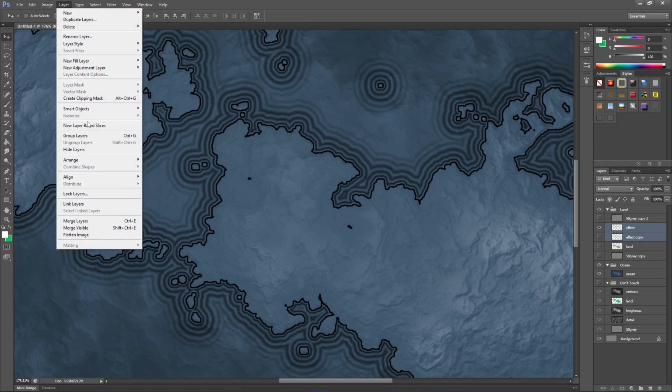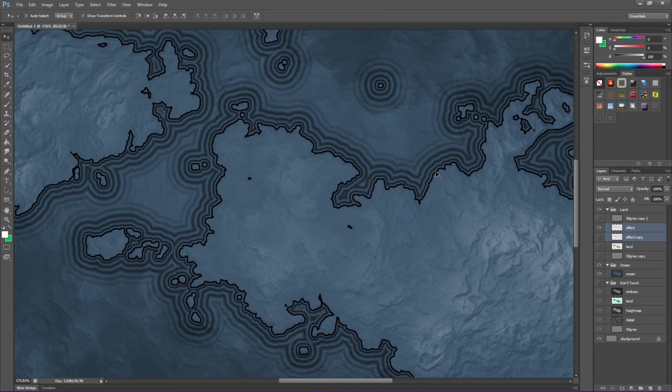When we go Layer, Rasterize, and apply that effect, it's going to actually create actual pixels. This is now real information that we can work with. This is now empty information. There's nothing there. You'll notice your fill's back to 100% because this is now the information that you're going to be working with. I've got 2 copies of my effect as before, but we're just going to work with the top one for now